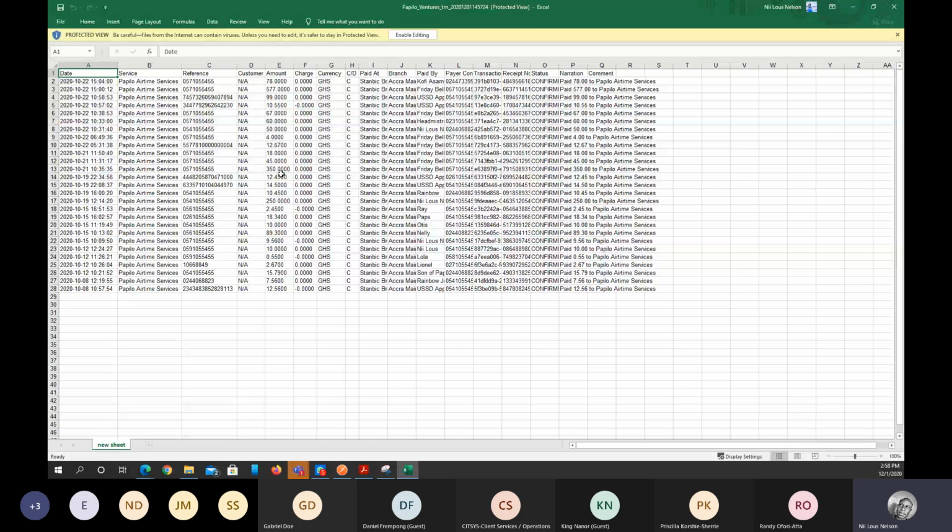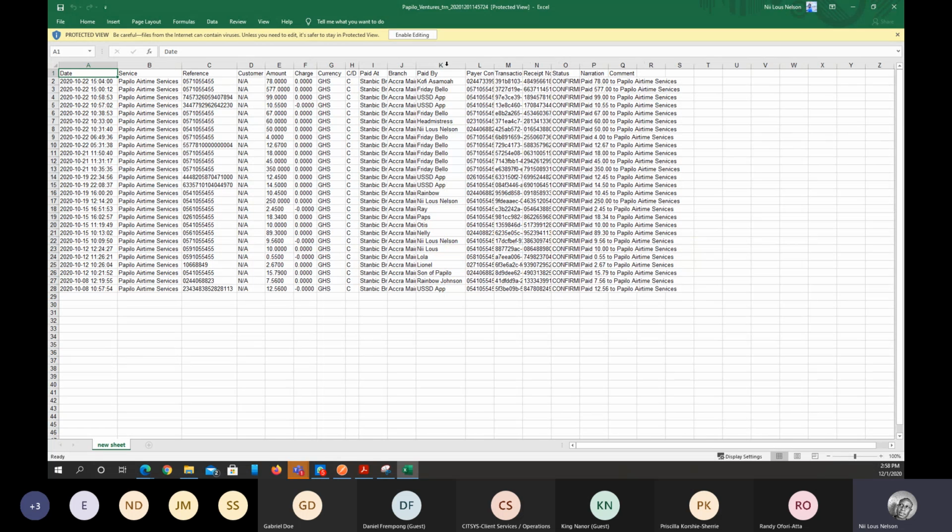The amounts that were paid, the charges that applied to each and every single transaction. For these particular ones, no charges were applied. You have the currency, right? And these charges have to do with service charges. Okay. Now you have the currency for which they were paid in, the credits, and then you have the customers that actually made the payment